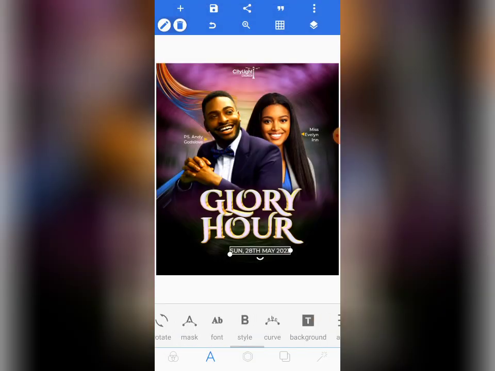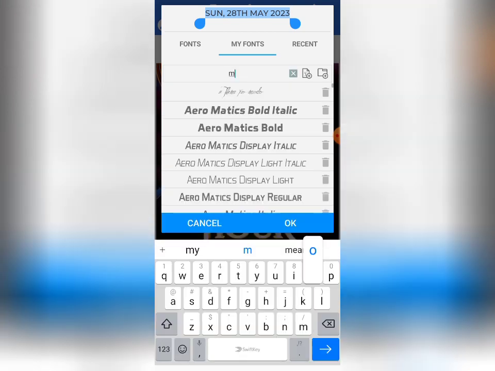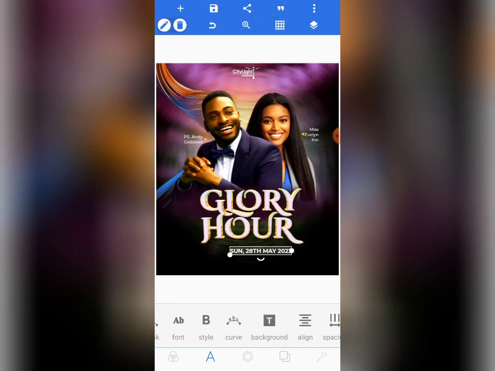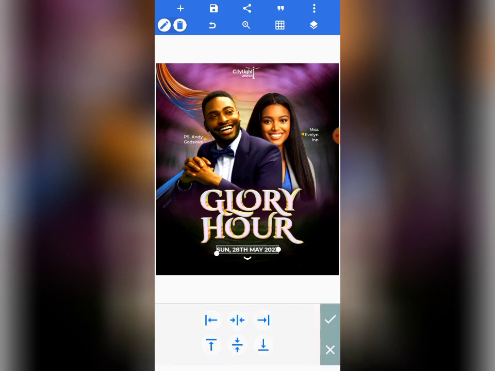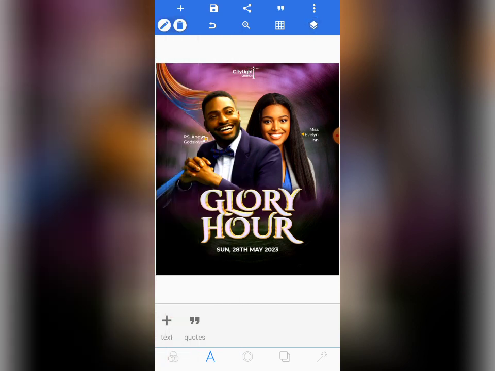Okay, let me give it Montserrat Bold. Okay, so I have it here. Position it in the middle here. Right, let's push this shape so that